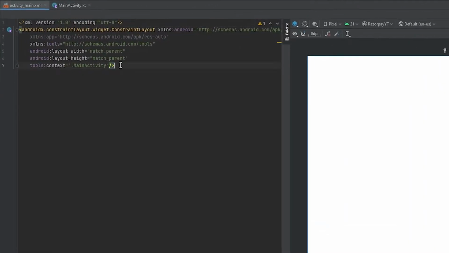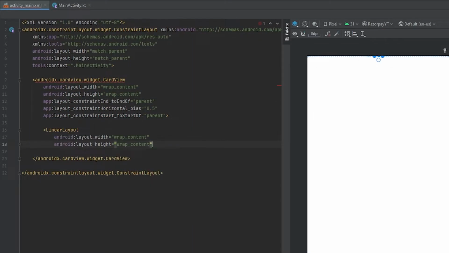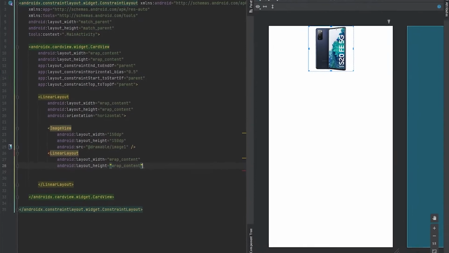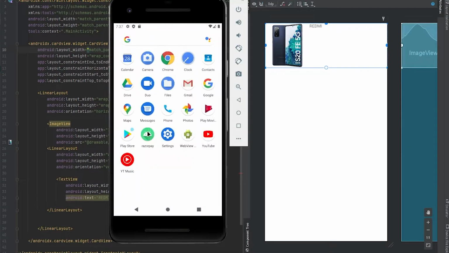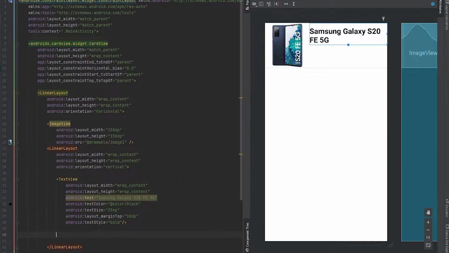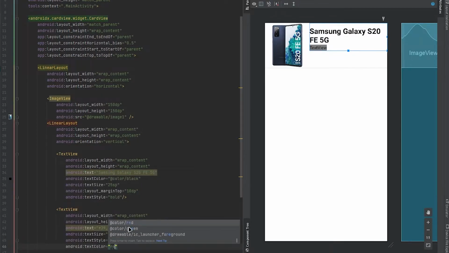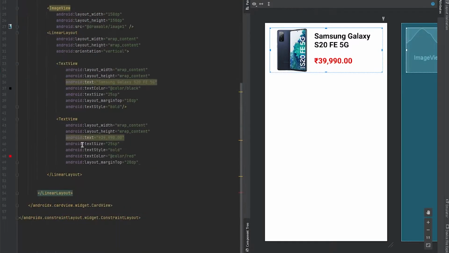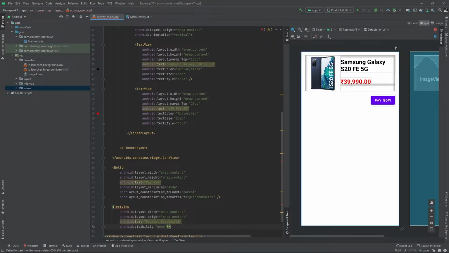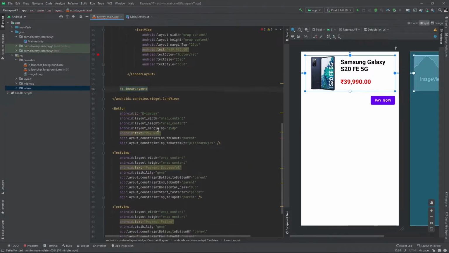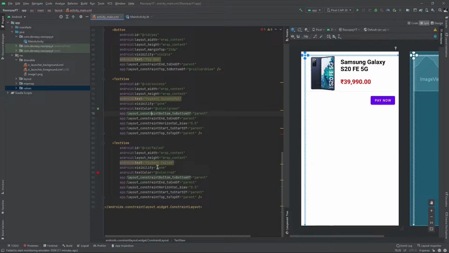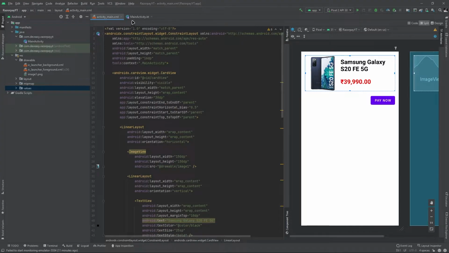I'll go to split view. Okay, so the design is almost done here. Now let's just integrate our payment.